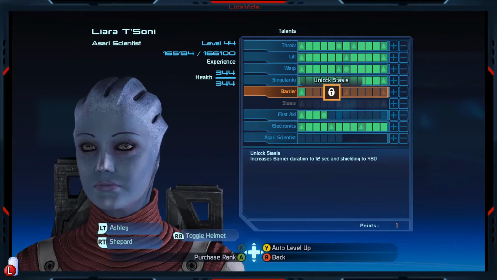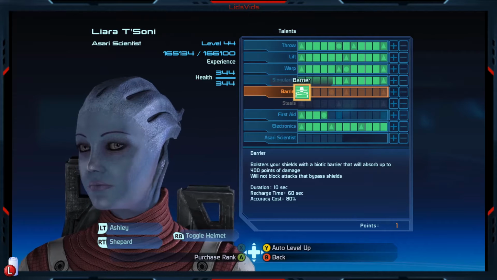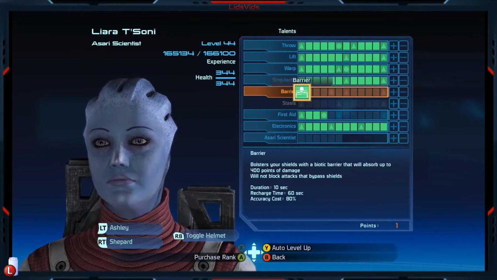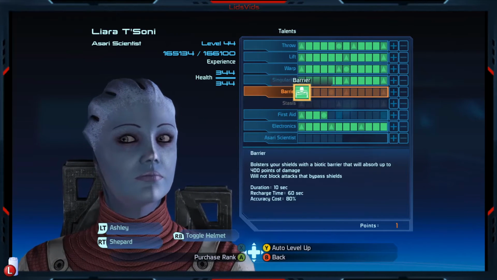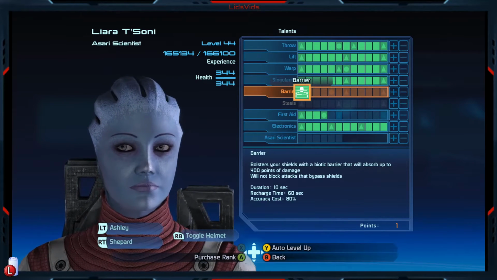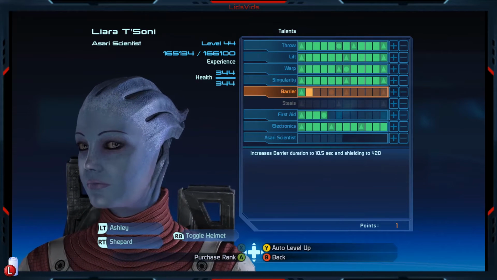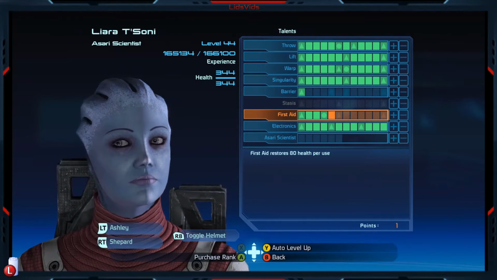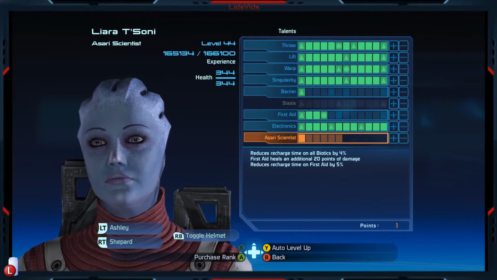even if we don't necessarily want to or care about unlocking Stasis, just to make that a little bit stronger, because this is, let's see, your shields. Bolster your shields with a biotic barrier that will absorb up to 400 points of damage. So it's basically like adding a second life bar, or second shield bar. Yeah, because it will not block attacks that bypass shields. So basically a second shield bar. Still vulnerable to toxin damage because that will ignore shields, but that is perhaps not a bad idea. Load up on that a little bit more, because alternatively we're getting more health restored when we use First Aid,